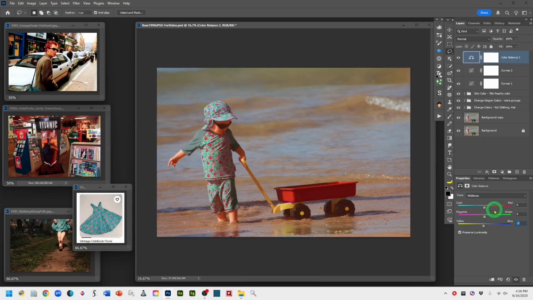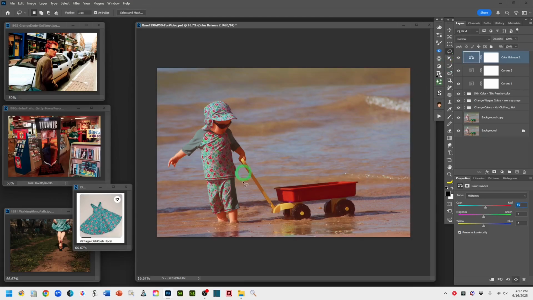All right, a little bit more red. And then just a hint of some of that magenta. That's probably enough. Yeah, so, all right, so here's with the color grade added, the color balance added, and there's